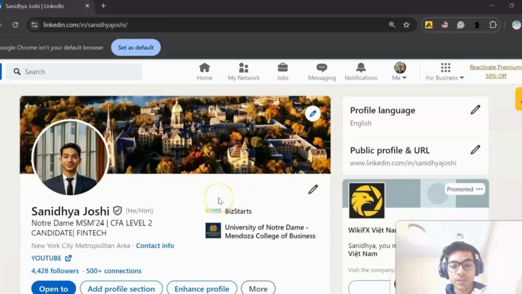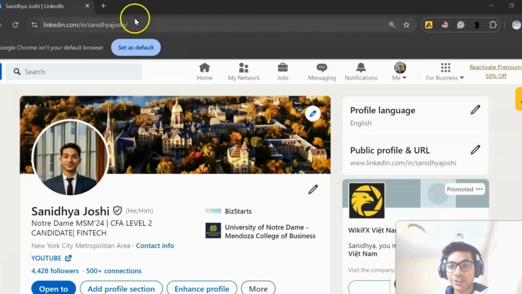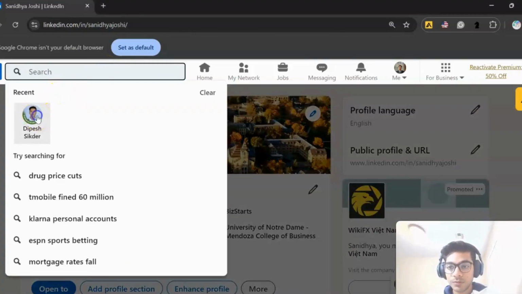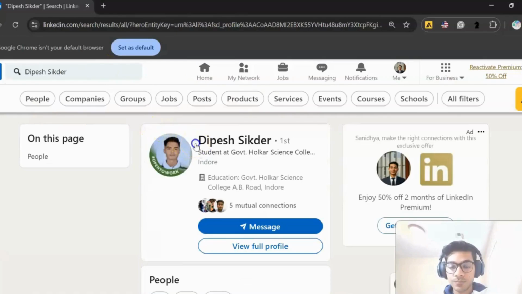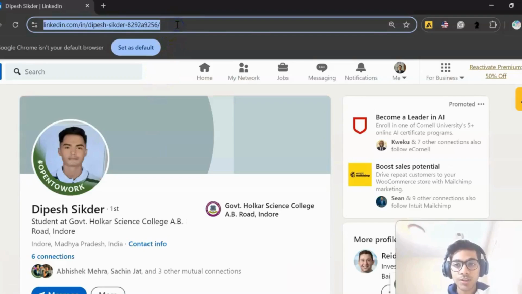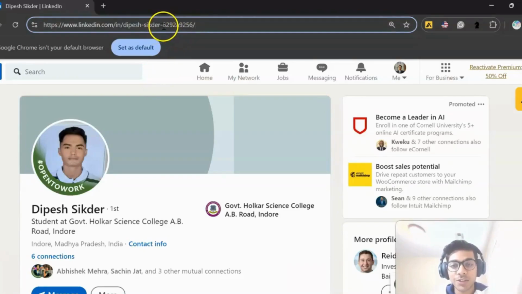And now talking about one thing which a lot of people ignore, and that is this URL. You can see my URL. This looks a little decent and my name is just there, but I'll show you an example of what I'm talking about. If you see this URL, you'll see there are so many numbers, 82928 and all of this,